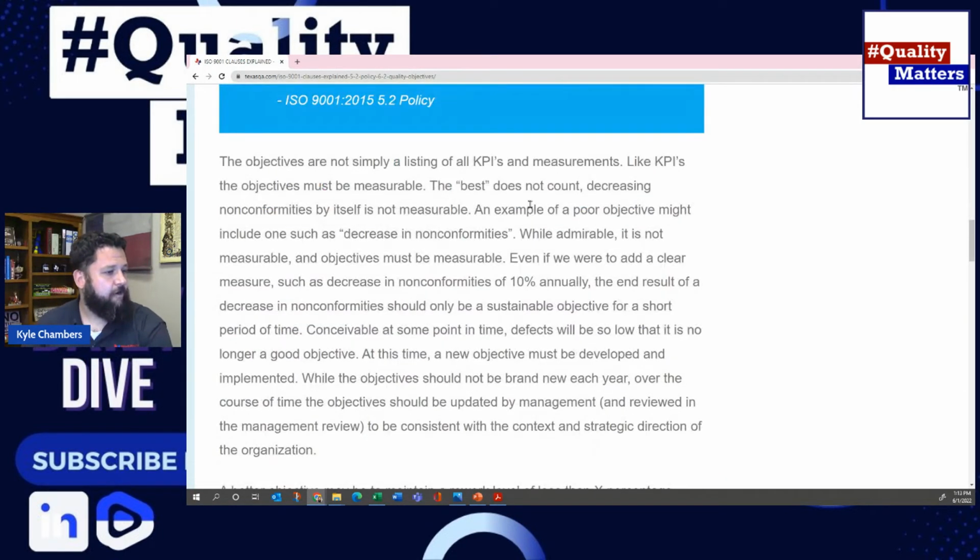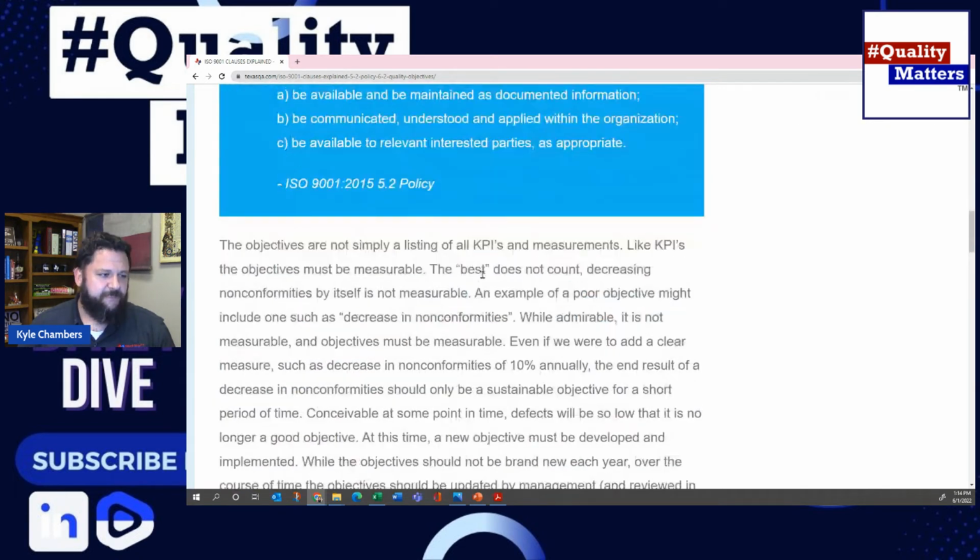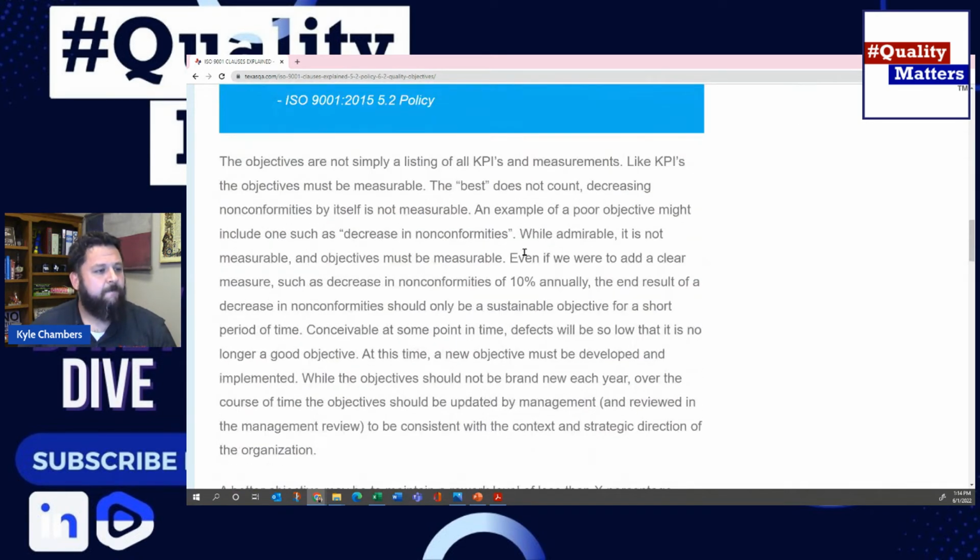So I'm going to pull up the article just because I've got some good information in here. No need to reinvent the wheel. So let's talk about a few things here. We'll actually start with the objectives. We mentioned here they're not simply KPIs, but let's use an example here. An example of a poor objective, and I've seen this a few times, might be something as simple as a decrease in